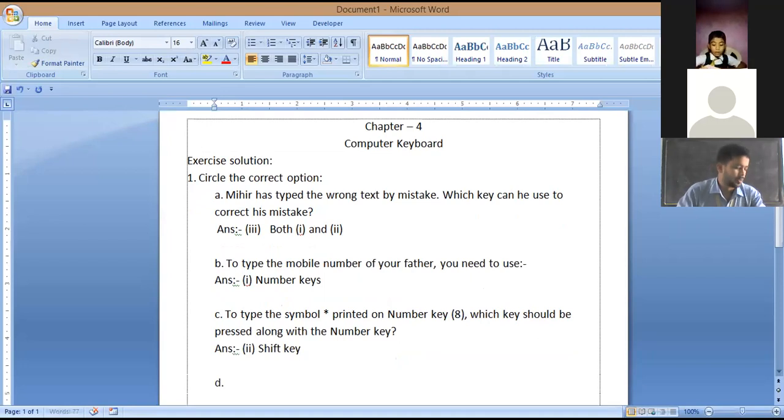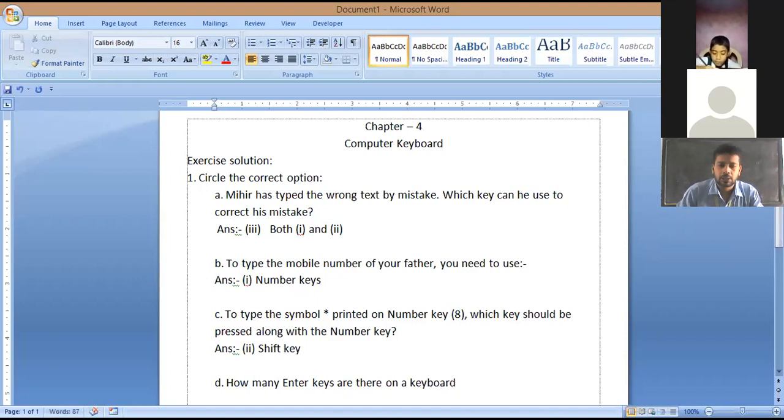Now, question number D. How many enter keys are there on a keyboard?